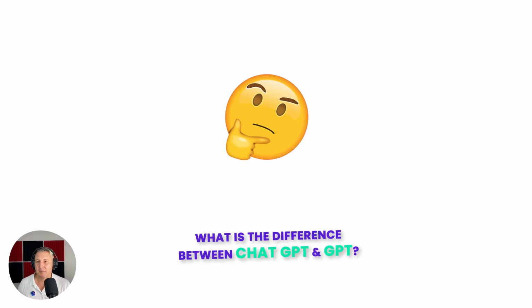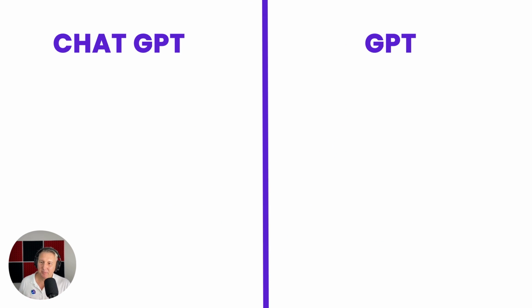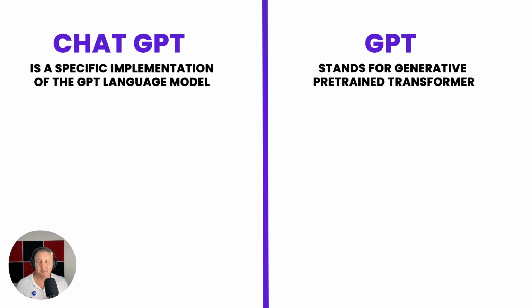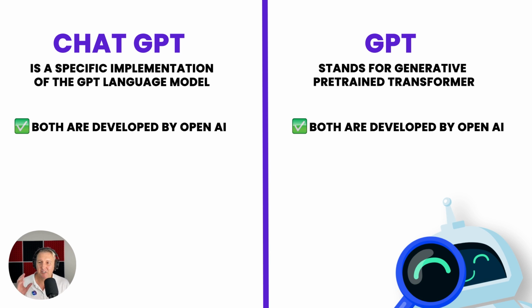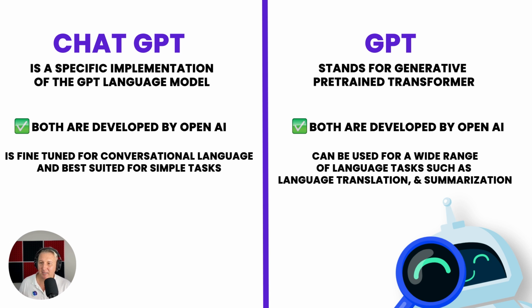Now, some of you might be wondering, what's the difference between ChatGPT and GPT? Well, ChatGPT is a specific implementation of the GPT language model. GPT stands for Generative Pre-trained Transformer, or something like that. Who knows what that means? But the important thing is that both GPT and ChatGPT are developed by OpenAI, but ChatGPT is fine-tuned for conversational language and is better suited for tasks such as generating responses in a conversation or chatbot application. GPT, on the other hand, is more general purpose and can be fine-tuned for a wide range of language tasks,